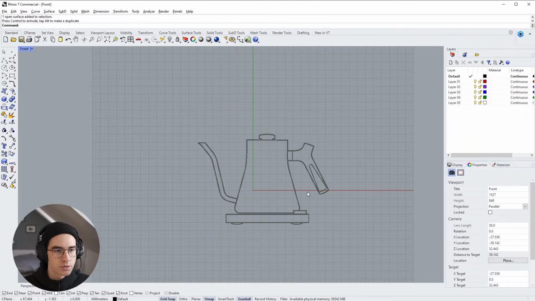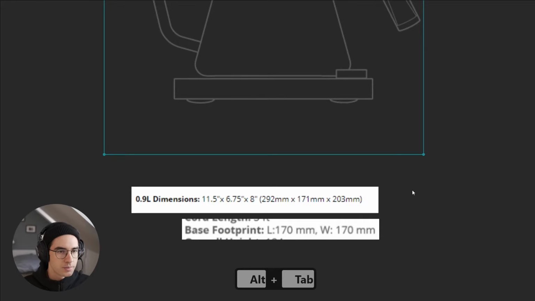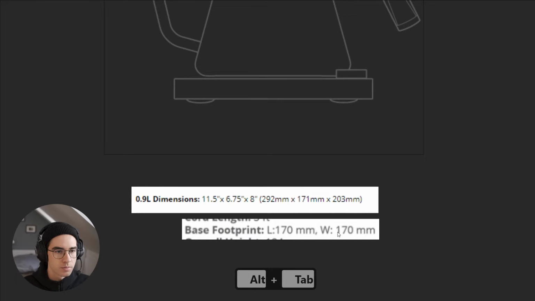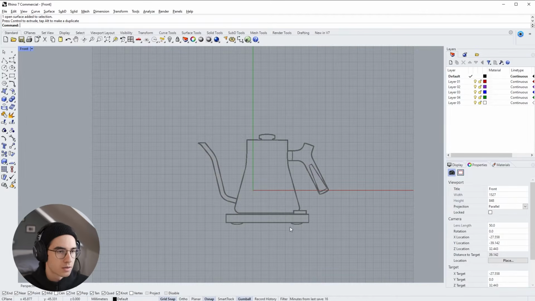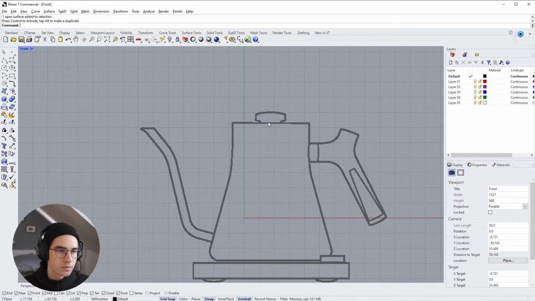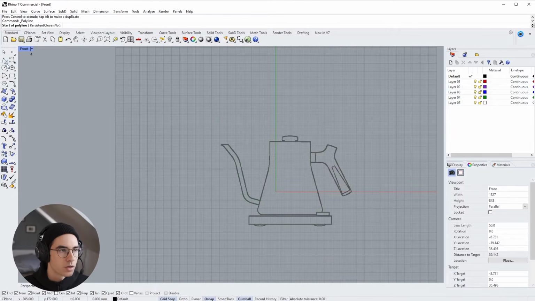Next, we want to make sure that this is the right scale. And as I said before, these dimensions are not really correct. They might be, but they're measured by some arbitrary points. I measured my kettle here, and I know that the height of the kettle from here to down here is 160 millimeters. So what I'm doing is click line, polyline or normal line here,